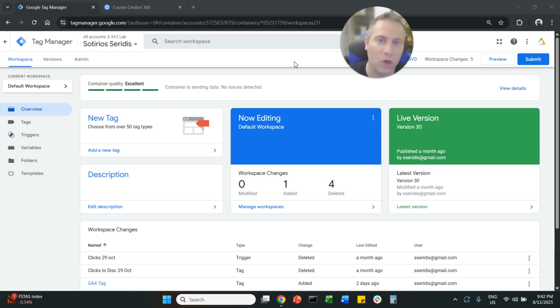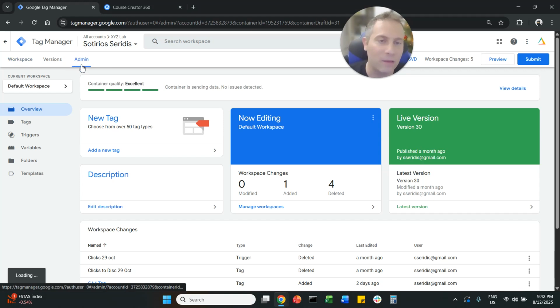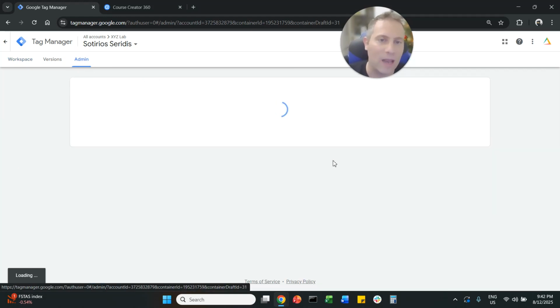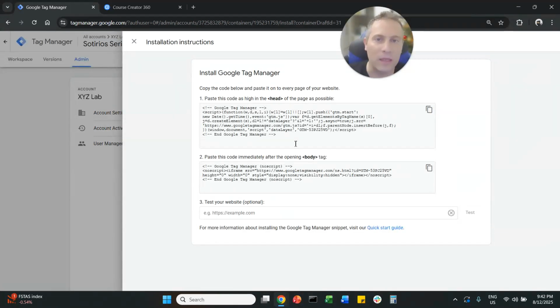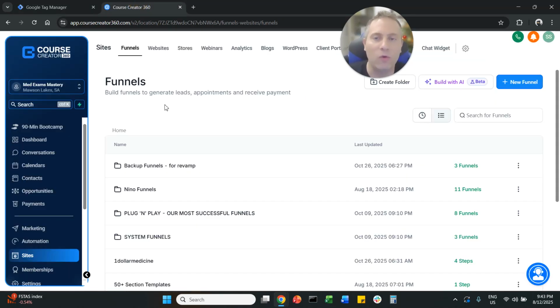And let's get started. So all you have to do is to navigate to your Google Tag Manager. You're going to go to Admin and you are going to select the option that says Install Google Tag Manager. Here you are going to find two tracking codes, one that goes to the head of the page and one that goes to the body tag. So you are going to keep this tab open with the tracking codes